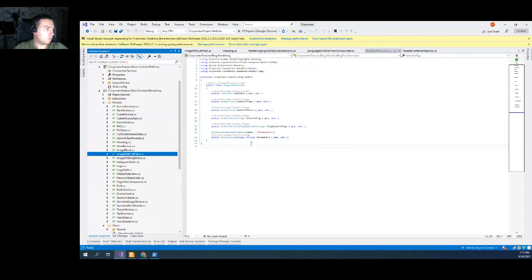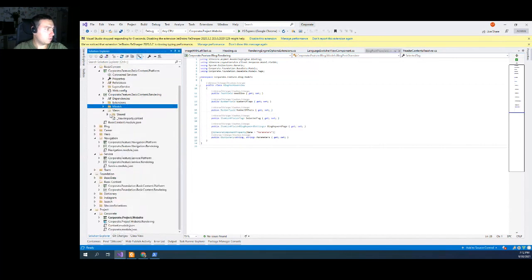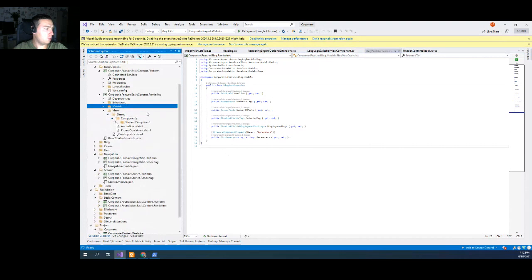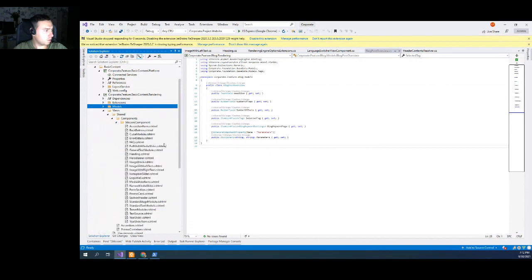So when we prepare our model, we can also map another type of item to another model. We get the list of these items from the layout service, and we can map it using the default Sitecore stuff. When we have a model, we don't need to do anything else. Sitecore does that itself, and we just need to implement our